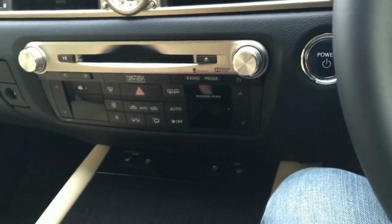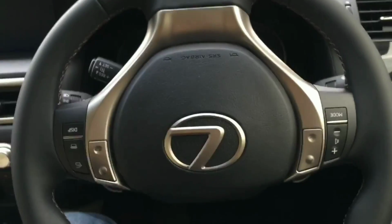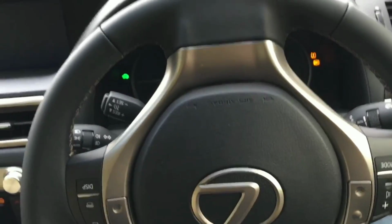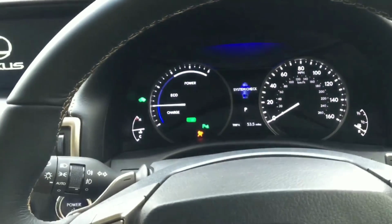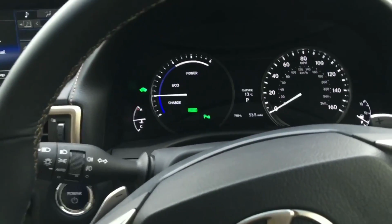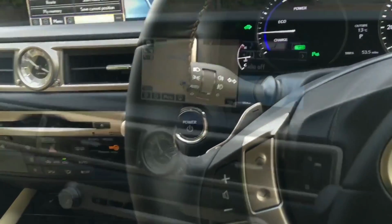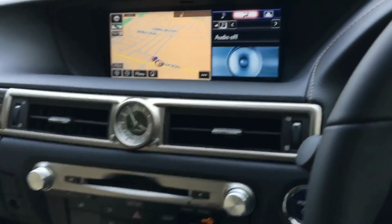So cup holders, it is quite spacious, like I said before. The front feels like it's been pushed backwards, so it's not like on the third generation. It reminds me of a second generation GS, to be honest, especially all that leather trim. As you can see, you do have paddle shifts, but then again it's a CVT gearbox, so it doesn't do much. It basically simulates the shift changes rather than actual